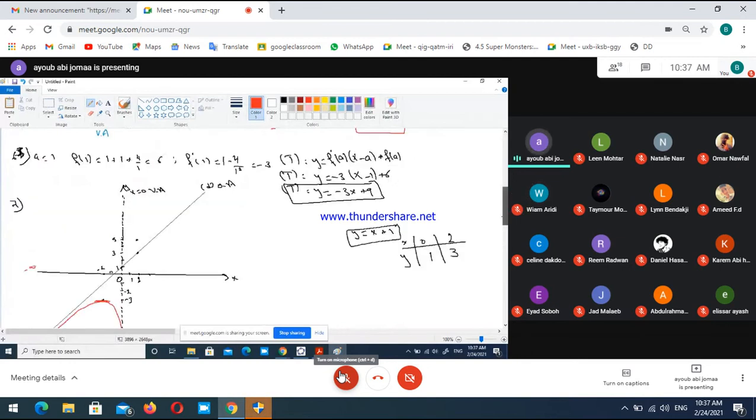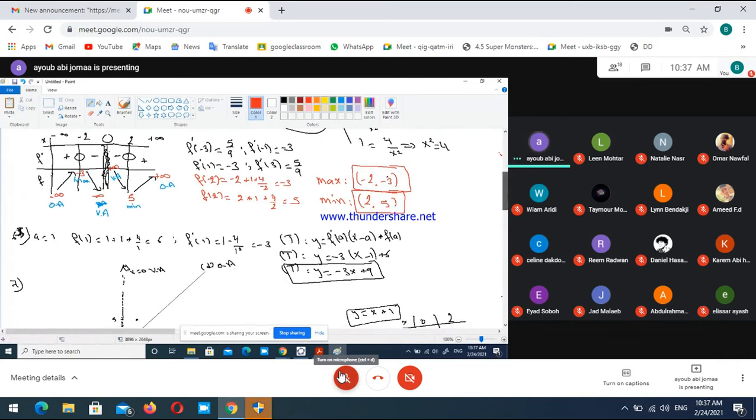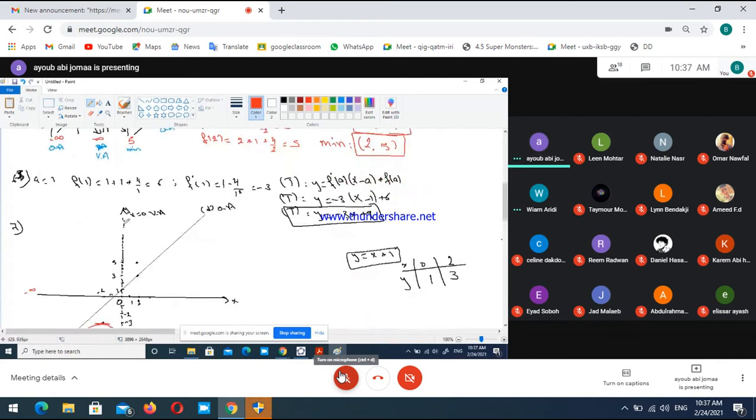The second part starts from the vertical asymptote at positive infinity, decreases to the minimum and then increases to the oblique asymptote. So it starts from here, comes down to the minimum, and then increases to the oblique. Okay, so the graph will be